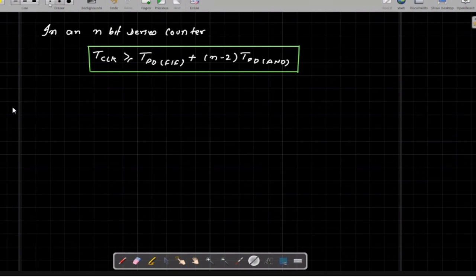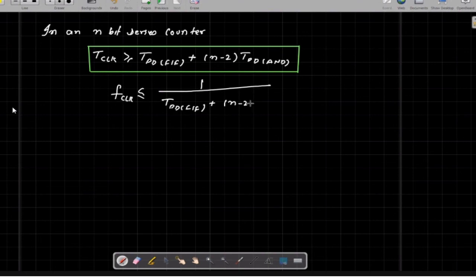Okay, and of course the reverse part you can also write. For example, if you want to know the frequency of the clock, then FCLK must be less than or equal to 1 upon the TPD of each flip flop plus (n-2) TPD of the AND gate. Now interestingly, what you can observe here is that we do not mention the AND term